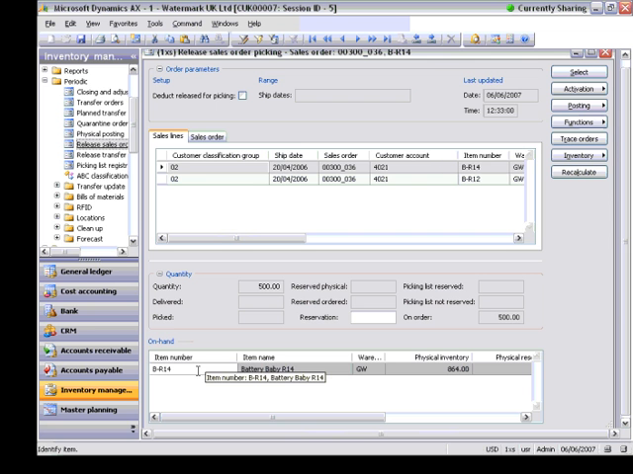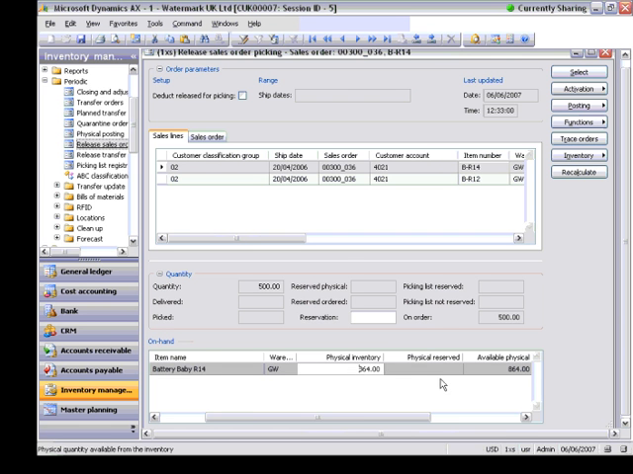So this field group shows on-hand information at this moment, related to the sales line with the item which is selected in the sales line. Here's the sales line, item number, and this is the same item number. So you see that at this moment in the warehouse